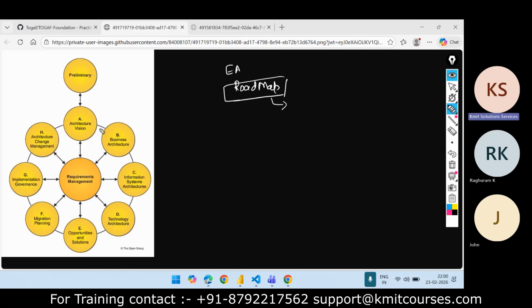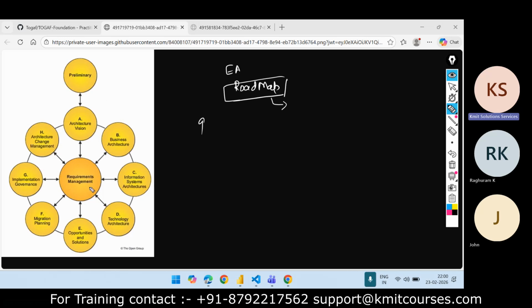You need to see what the relationships are between these different components or pieces. That is what we are going to see in our upcoming lectures. Still I'm in ADM. So first we will see what ADM is. So far, ADM has these 10 circles, but there are 9 phases considered as the ADM.